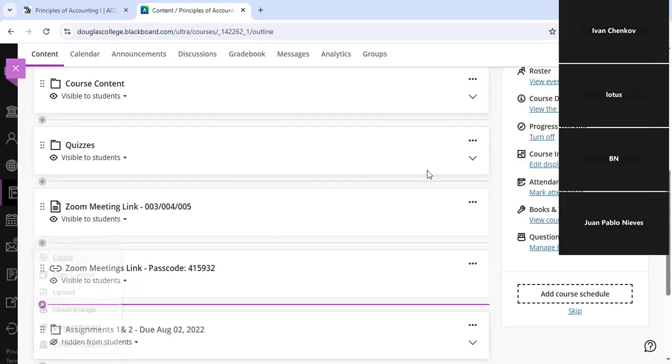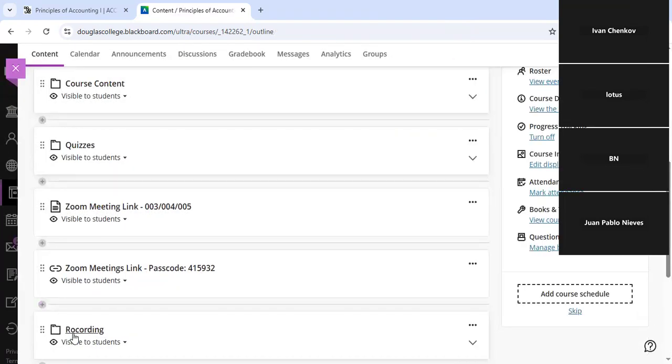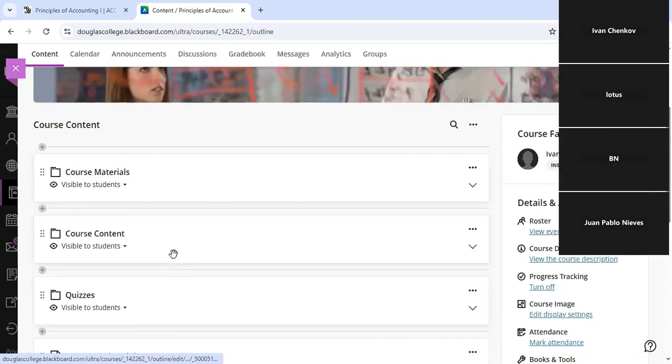There will be a new section which I'm going to create, and that's going to be a folder which is going to go with the recordings. That recording is going to be available for you. Then we're going to start filling this folder with the recordings. So today there will be 2 recordings, and then the next classes when we have lectures.